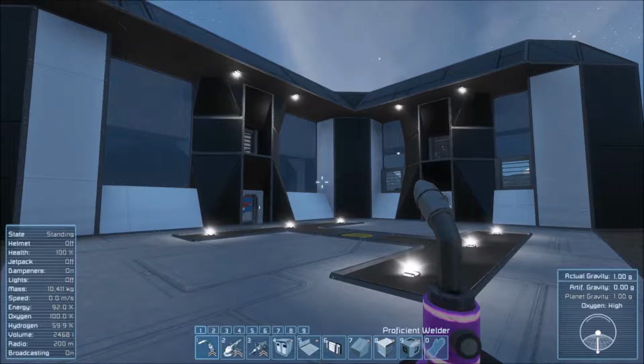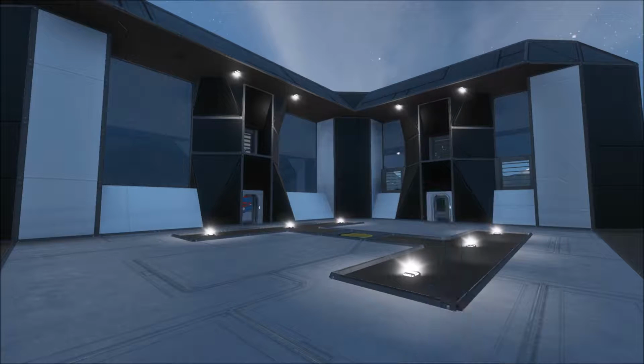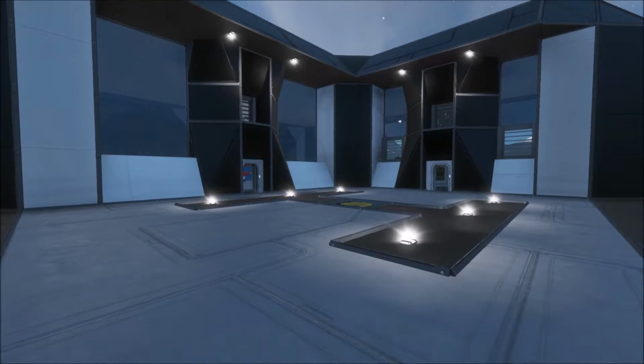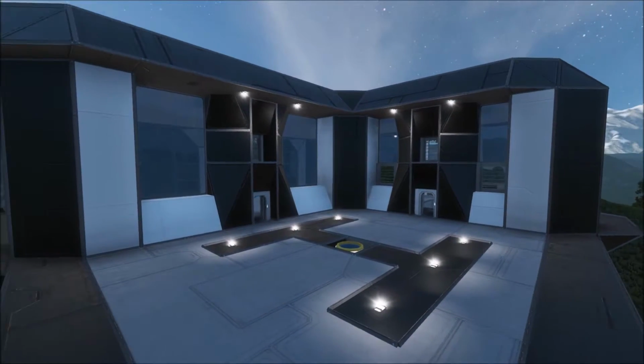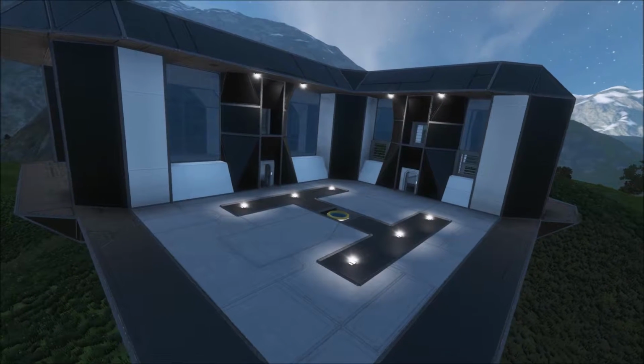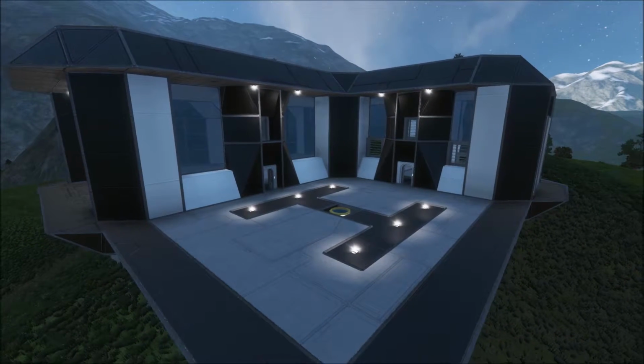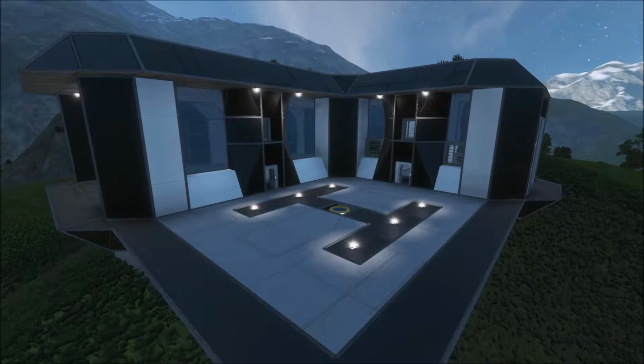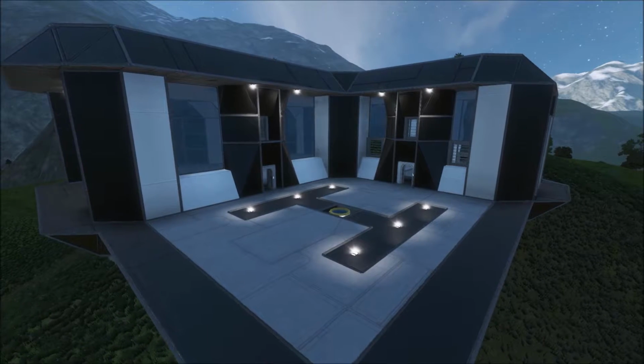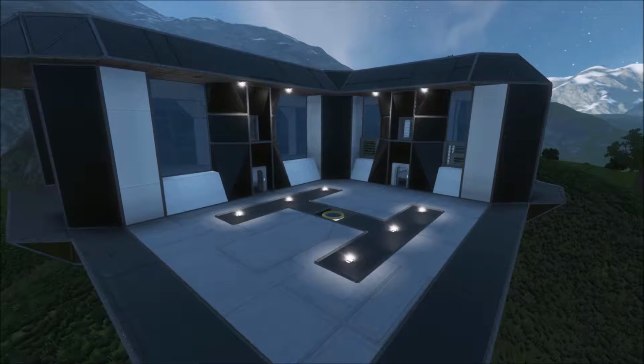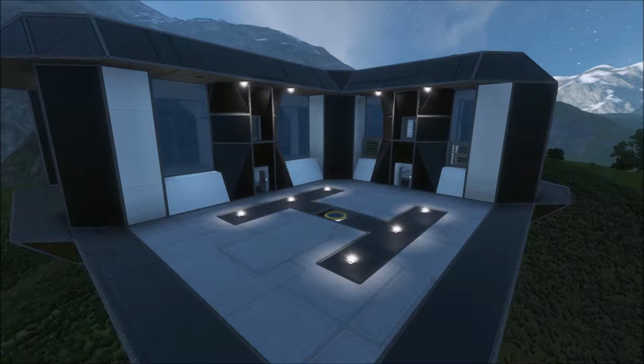And we're back, guys. So, I'll give you a clear view. What do you guys think? I, for one, am rather pleased. I think that this is shaping up to be a nice base. Probably one of my better builds, honestly. And actually, it's all thanks to you guys. I wouldn't be